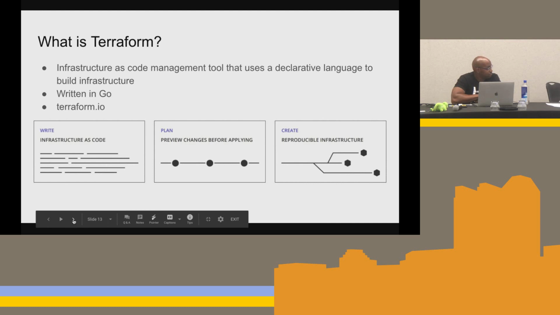You plan it. There's a command called Terraform plan, and it allows you to see the changes you're going to make before you actually make them. And then there's Terraform apply, and that allows you to create that infrastructure that you just declared. And the cool thing about this is it's reproducible. You do it once, and it may take some time to describe all your infrastructure in code, but you do it once, and now you have that template for